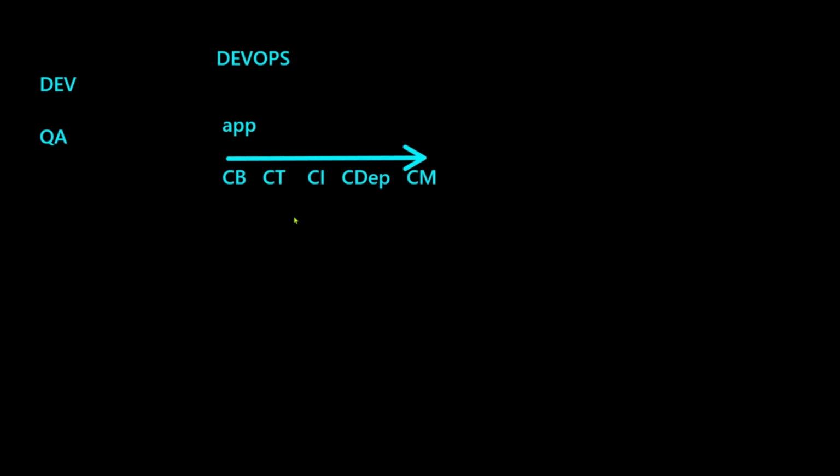Let's say you are a developer for 15 years and now you want to switch to DevOps. Yes, if you know the process, you will be working in this area. Even though you have previous developer experience, as a DevOps person you will not be working on writing the code. Am I clear, or is there any confusion? Because there will be a lot of questions and confusion over this point.